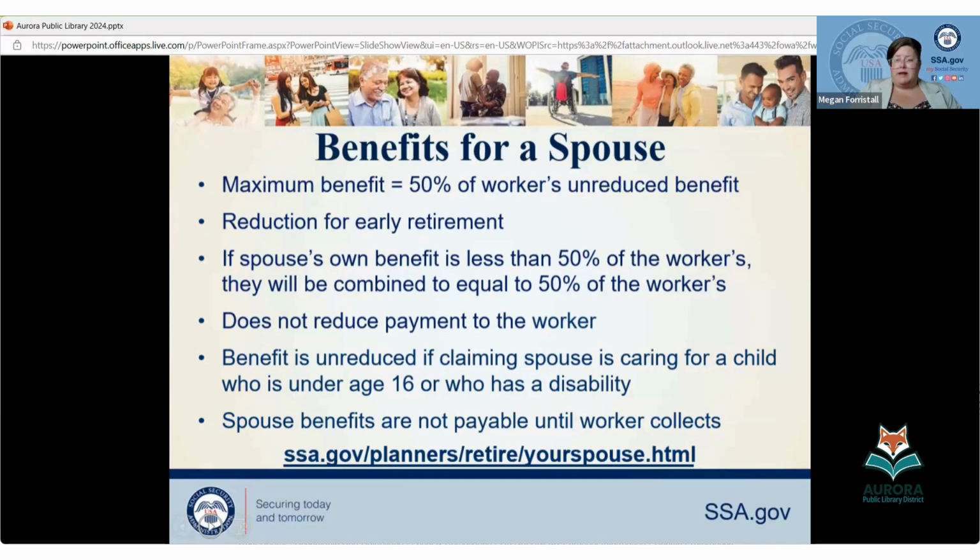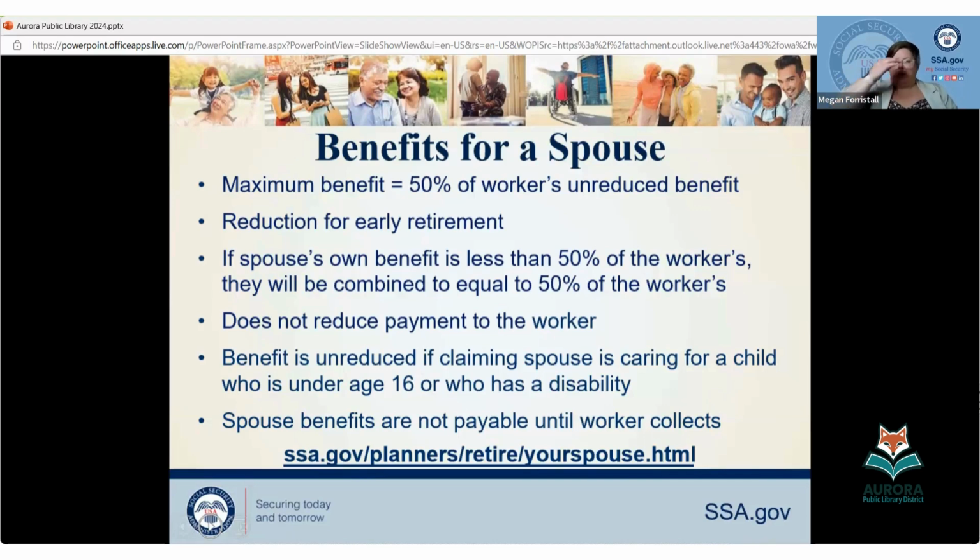If 100% of your own benefit is more than 50% of theirs, there's no spousal benefit payable. And of course, if you're the higher earner, we're looking at the same thing for them. Maybe they can get off your record. It goes either way. If it's less, then we're still going to pay you what we can on your own. And then the difference between 100% of yours and 50% of your spouse's off of their record. So you're not getting both full checks either.